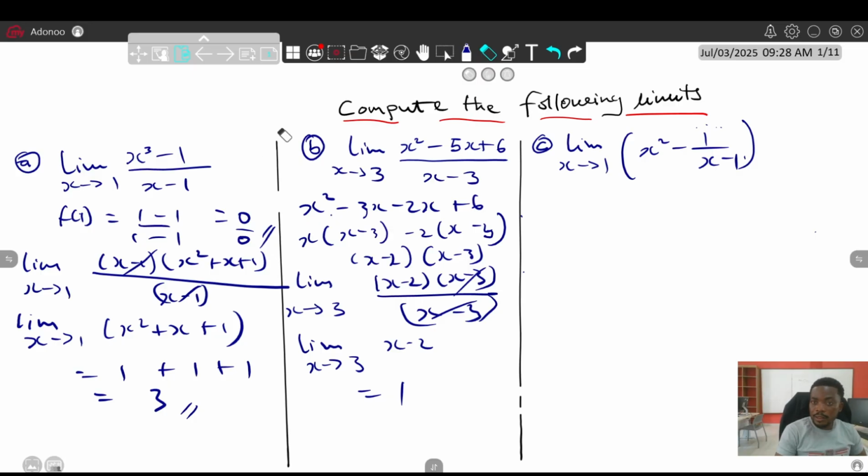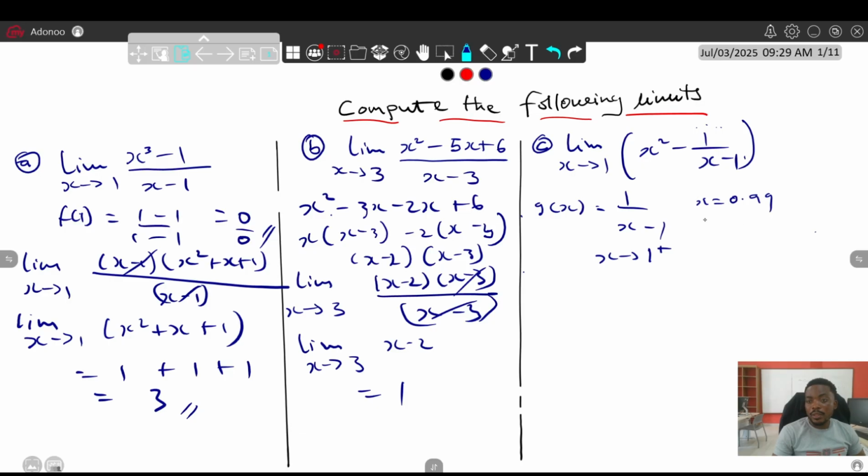Okay, let's consider this third example. Okay, so here, let's just consider this fraction here. So let's say g of x is equal to 1 over x minus 1. Now, let's assume that x is approaching 1 from the right. If x is approaching 1 from the right, let's assume that x is equal to